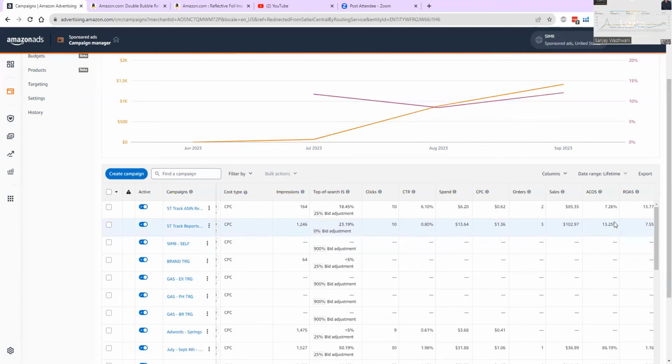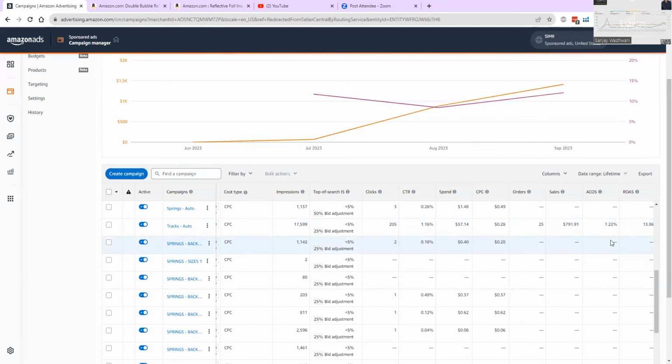And let me tell you something, when you run a campaign like this, your ACoS is going to be so low that you are going to be surprised. Okay, so the answer to the question, should I lower my ACoS on a successful campaign? My answer is no. Leave it the way it is. If Amazon is telling you to create negative keyword phrases in your successful campaigns, don't do it because you are going to lose a lot of money.